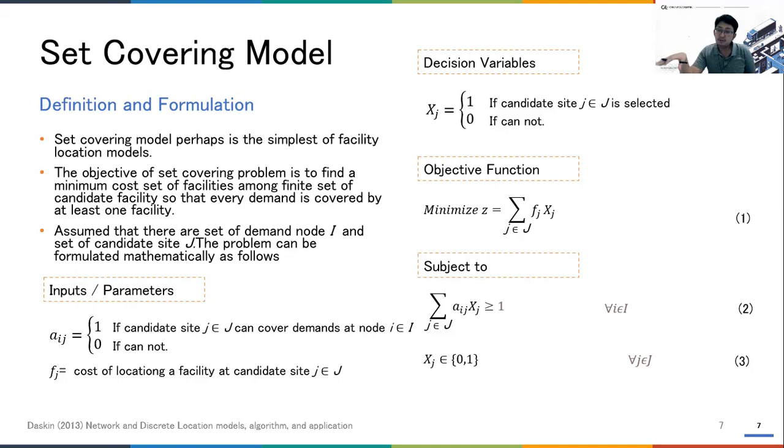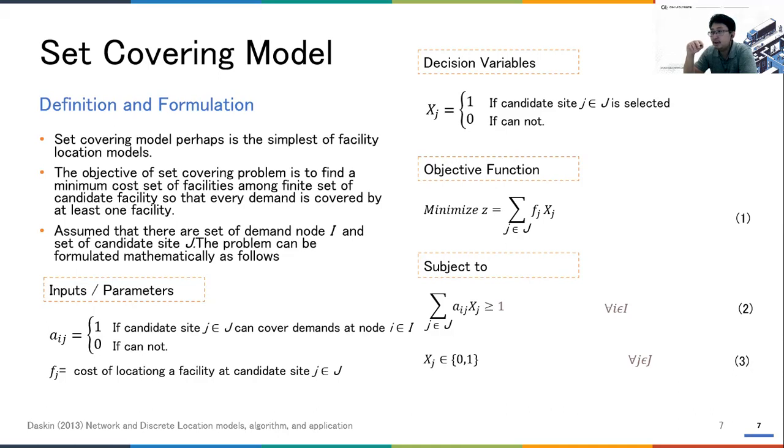For example, I want to open the facility here, and then there you can calculate, oh, if I open it here, how much money I will spend every month. Okay, so those will be the fixed cost. And then if I open it another place, how much am I going to spend. For the set covering problem in particular, those will be the objective, but we also have the constraint where